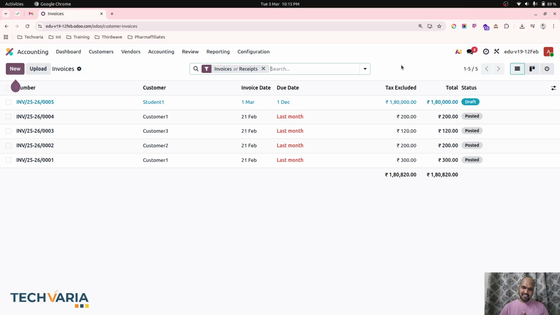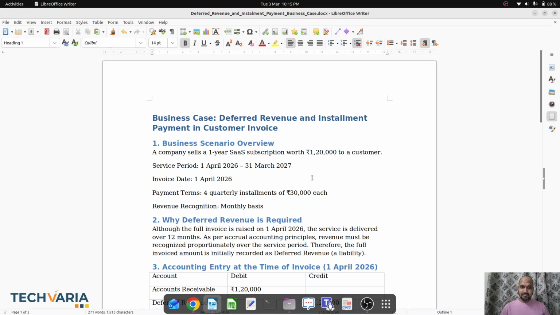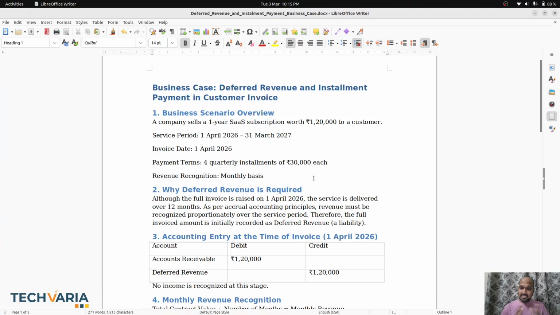Hello friends, good evening. Today I am coming up with a very interesting business case which is combining revenue recognition with installment payment. The case is all about if we are offering any services like a software as a service subscription, and then we are preparing an invoice for the entire year in advance and allowing our client to make the payment in installments, and we need to recognize our revenue against that invoice every month based on the subscription